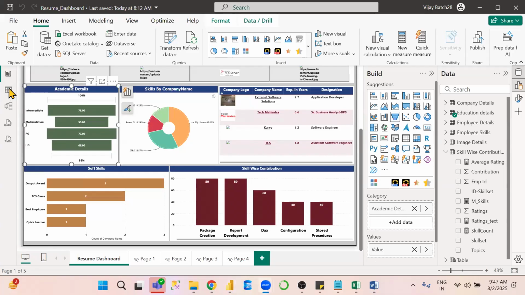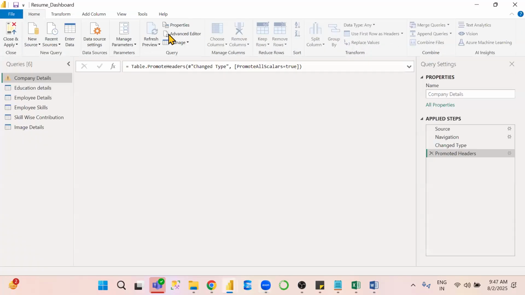For this one, what do I need to do? Same as the second scenario, right? The month names need to be sorted in a sequential order. How to do that? Go to the transform tab. Go to transform data. In the transform data,